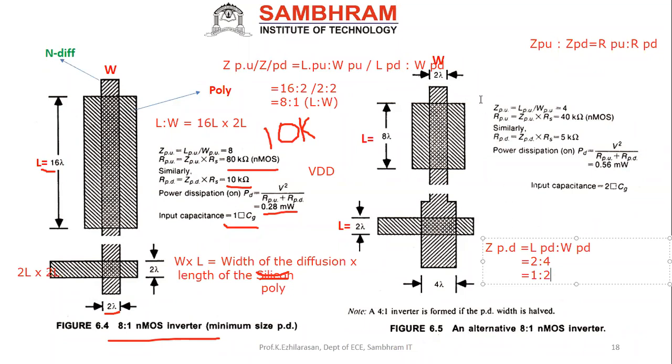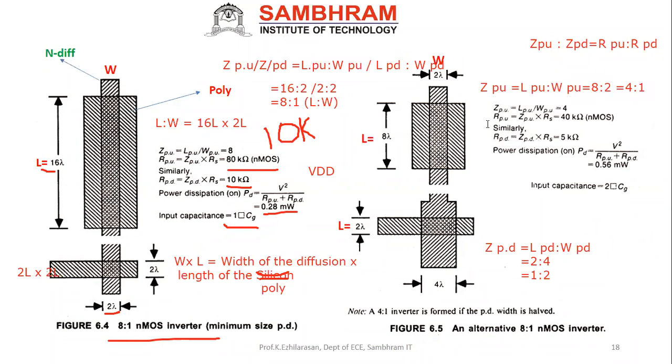Now in the same way, what is that value here? You can tell me. This will be ZPU, right? ZPU is equal to LPU colon WPU. So now what will I get? LPU is 8 and W is 2, correct? 8:2 is nothing but 4:1. You see here, the ratio is like this. So this is the ratio.